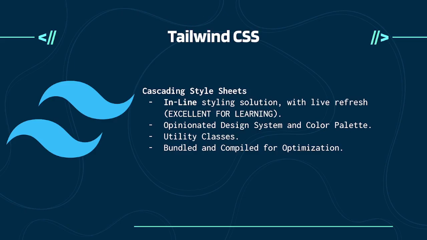Another thing that's really cool, and you can override this if you don't want, but Tailwind actually has an opinionated design system. What do I mean by that? I think I'm going to show you next slide. Hopefully I do, or I'm going to look dumb. And it's also bundled and compiled for optimization. Every time you send over your CSS file, every character you send is more information you need to send over the internet, and that's more latency, right? And of course, on the scale of a personal portfolio, it's probably not going to matter, but when we're talking at scale, a big CSS file can slow down your site, right?